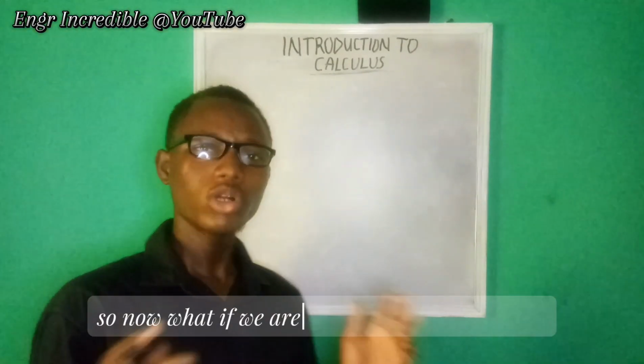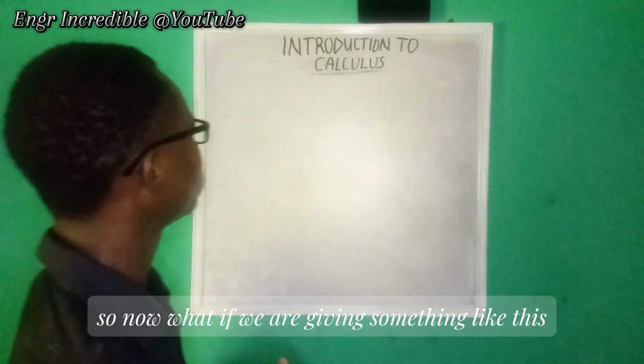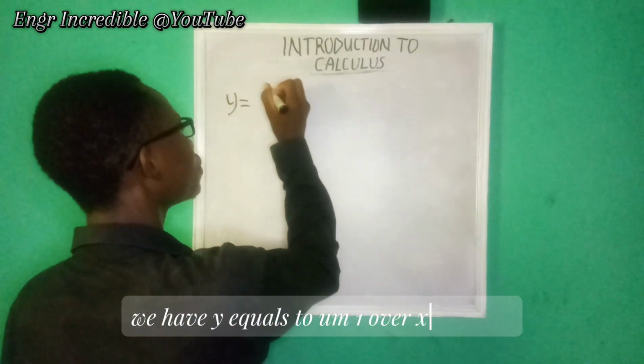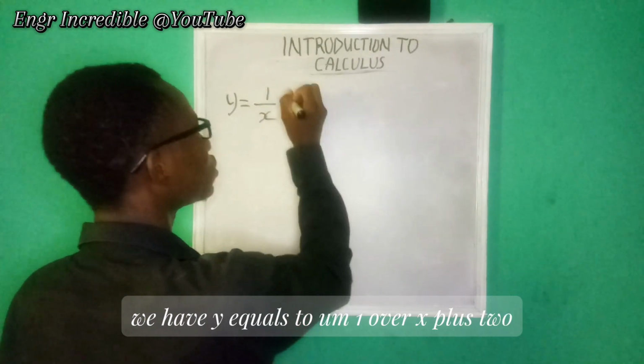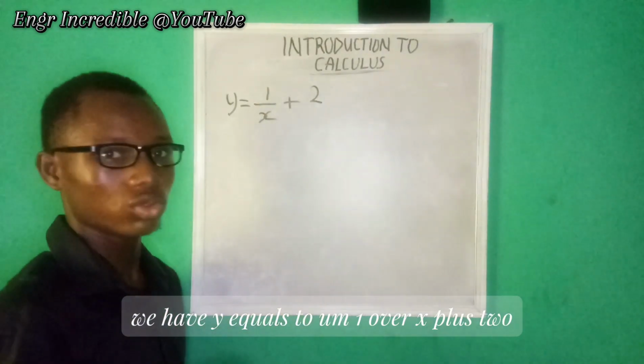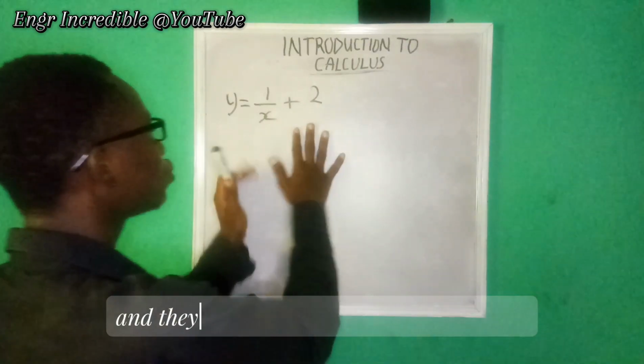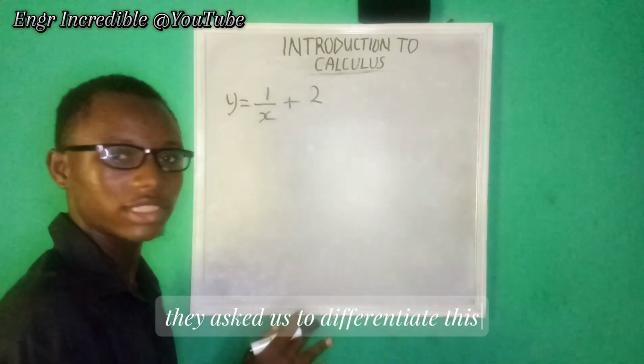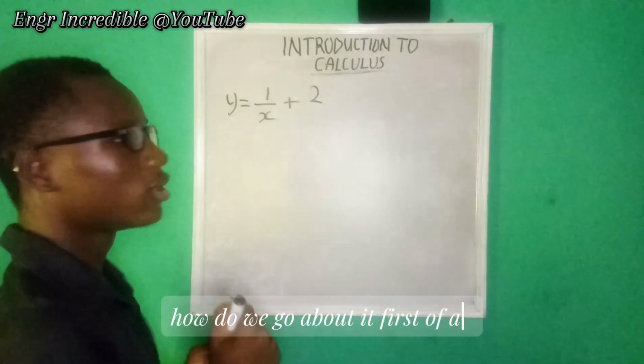So now, what if we are given something like this? We have y equals 1 over x plus 2, and they told us to find the differential. They asked us to differentiate this. How do we go about it? First of all,